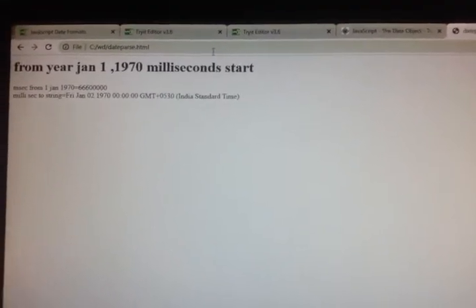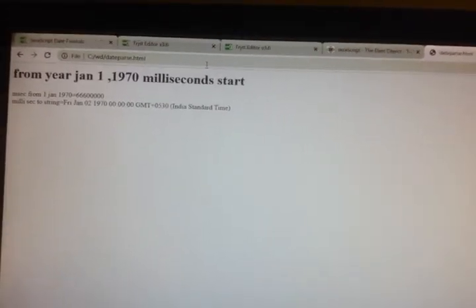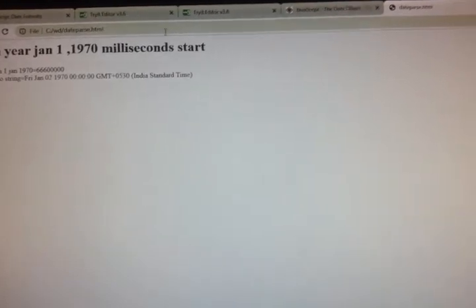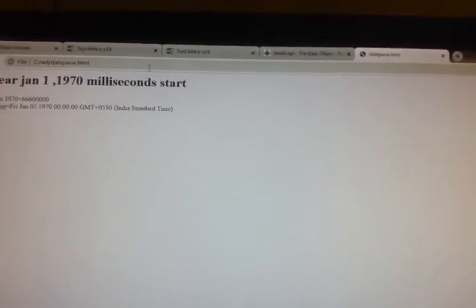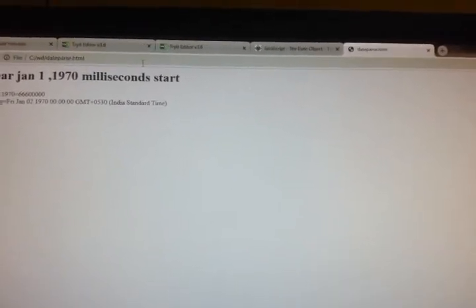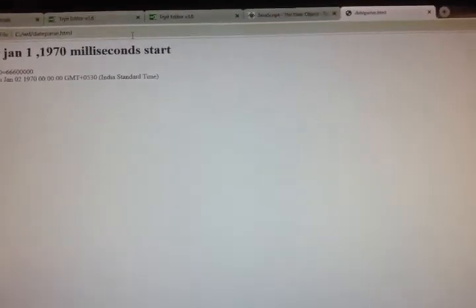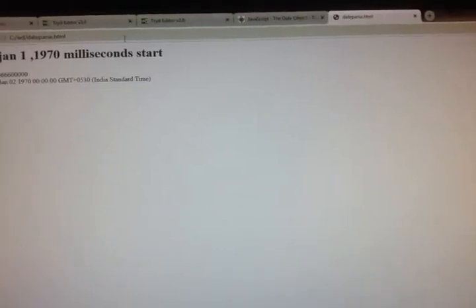When I used date.parse, I got milliseconds. When I keep those milliseconds and create an object of the date class, passing those milliseconds, it changes from milliseconds to a string. So converting milliseconds to a string is done by just using the new operator and a date object.